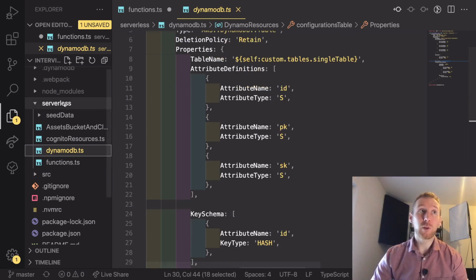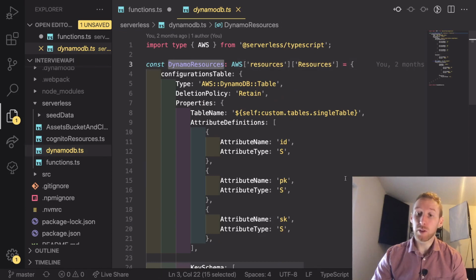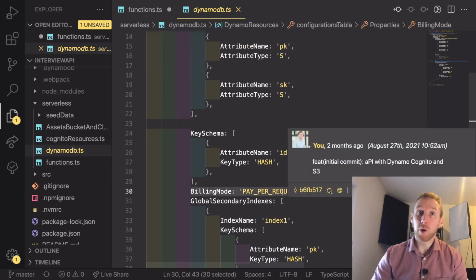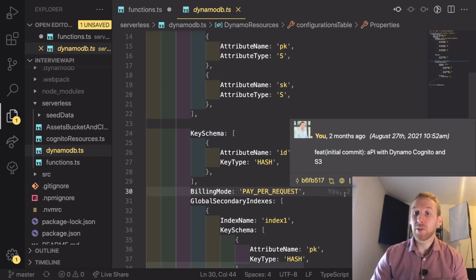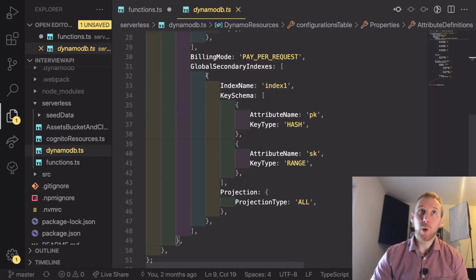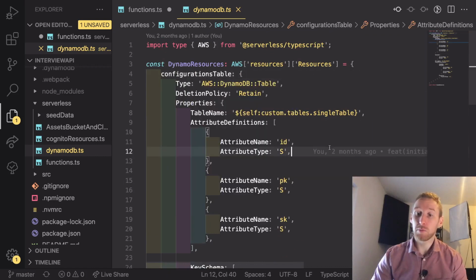What we can do is create a new file inside here called DynamoDB autoscaling. That can read these Dynamo resources, go through and check for each table if the billing mode is provisioned, and if it is, it can actually create an appropriate auto-scaling group for the attributes, as well as any global secondary indexes. This can all be done dynamically,